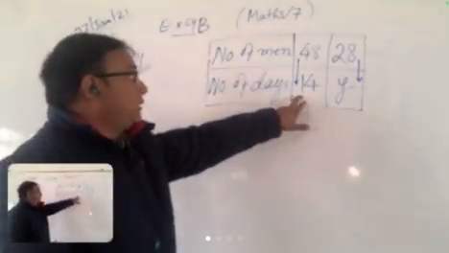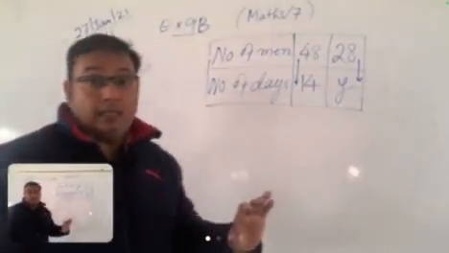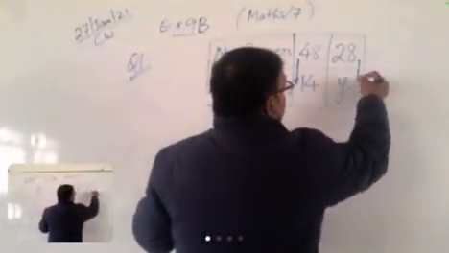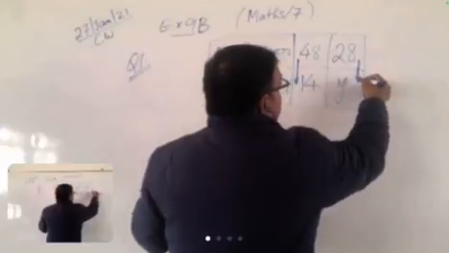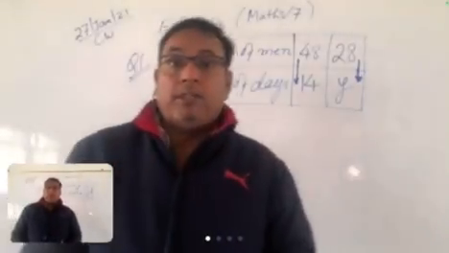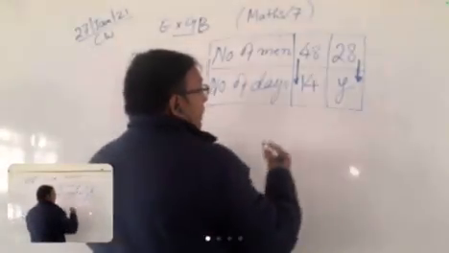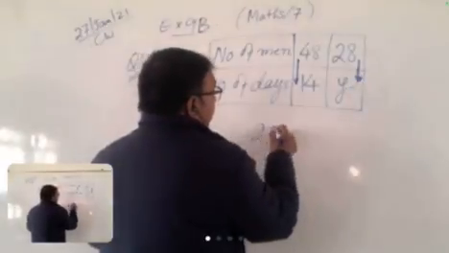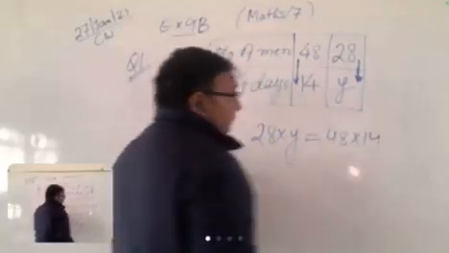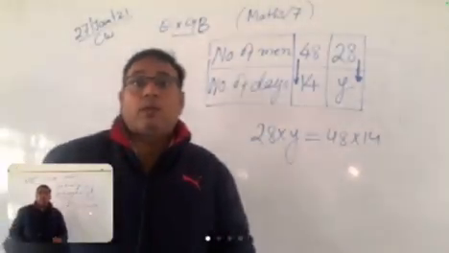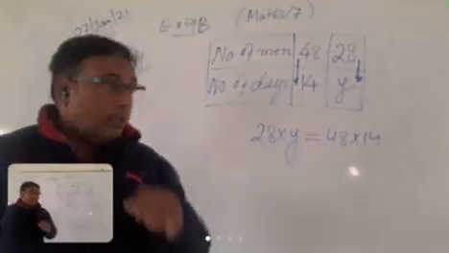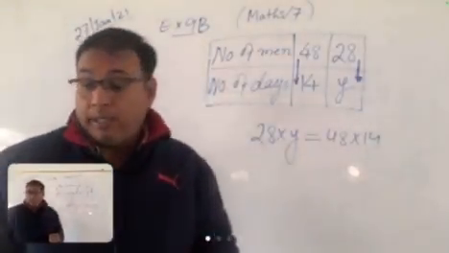See the arrow please, and which one we write first and which later doesn't matter, but in this question this is inverse. That is why in this exercise we don't do the cross multiplication. We just do it like this, making the other two arrows: 28 multiplied by y is equal to 48 multiplied by 14. If someone tries to do it with the cross multiplication method, the answer is always wrong because it is not a unitary method.